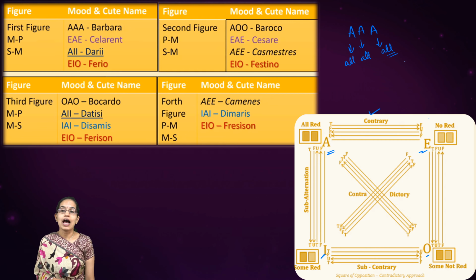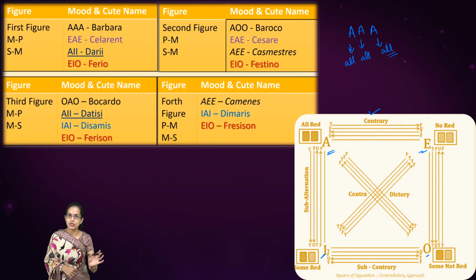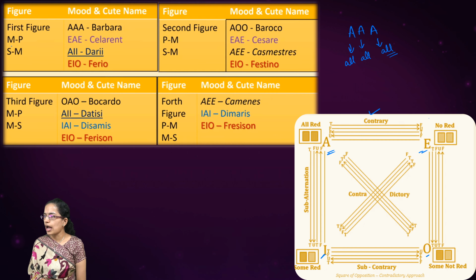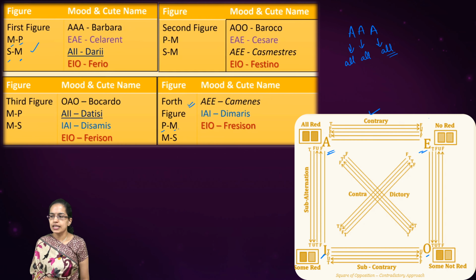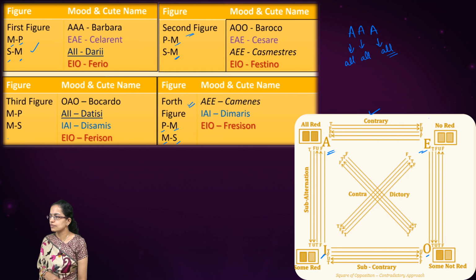How? The position of the predicate, the middle term and the subject would change. In the first figure you have the middle term and the predicate, and then the subject and the middle term. And if I take a mirror of this first figure, I have the fourth figure where I have the predicate, middle term and the subject. However, we have a second figure where you have the middle term towards the end, and a mirror of this second figure would be the third figure where you have the middle term in the starting or the beginning.